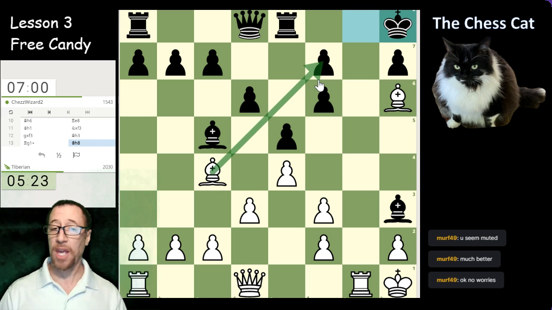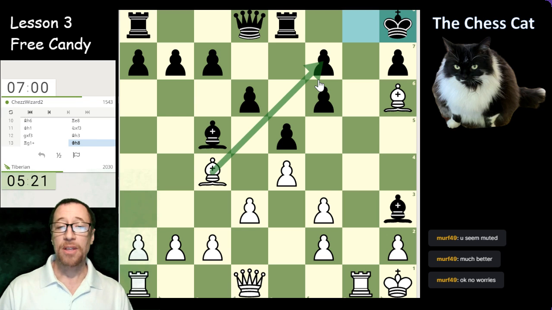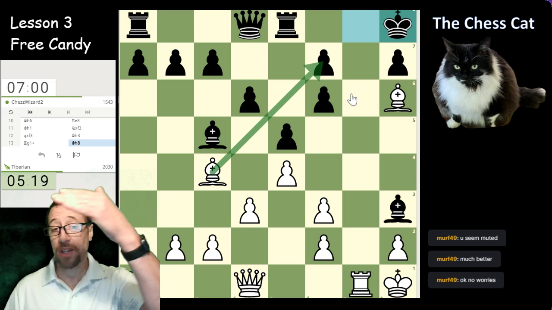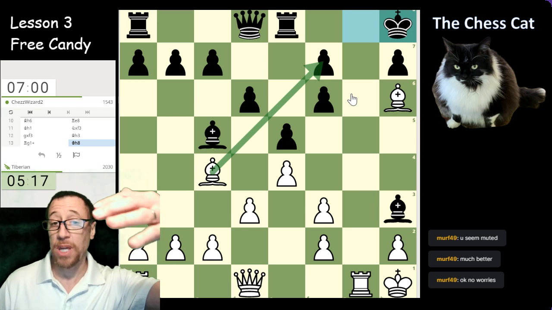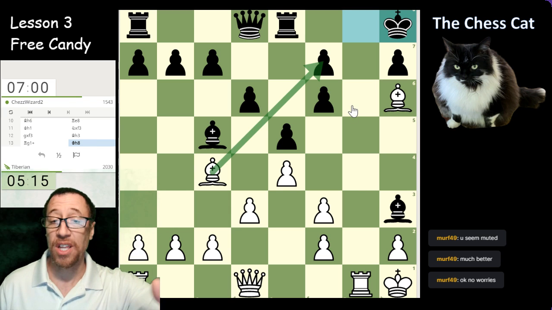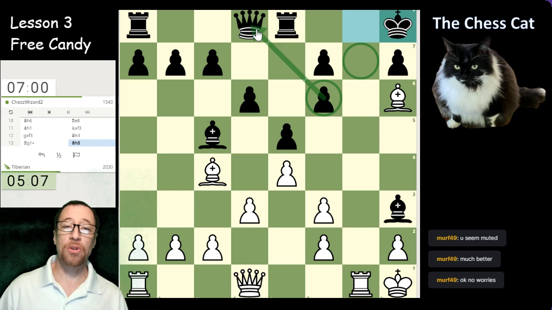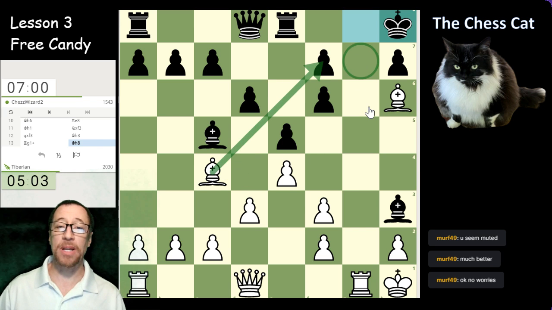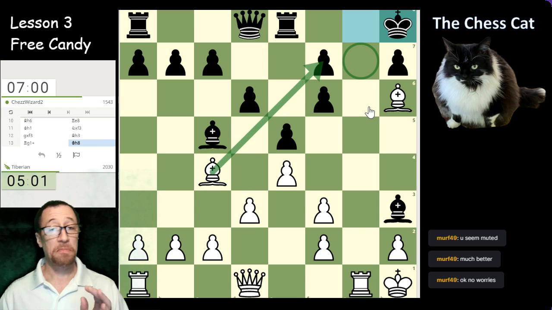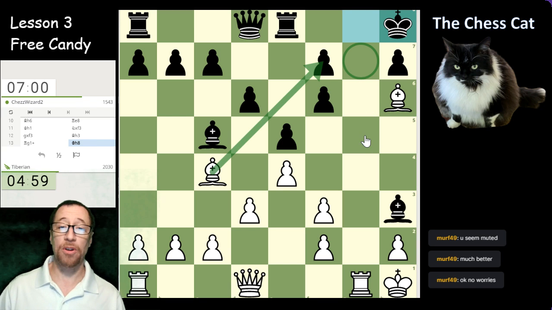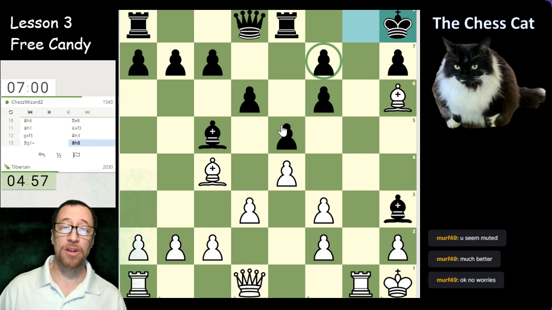All we're teaching is free candy, but understand that when we get to the further levels in a couple of weeks, when we get the more advanced lessons, we're going to talk about combinations and looking for candidate moves. And in this case, my candidate moves are check, take here, win the queen. The other candidate move is to take here, threaten checkmate on the move. So that's an interesting one too. But if I take here and threaten